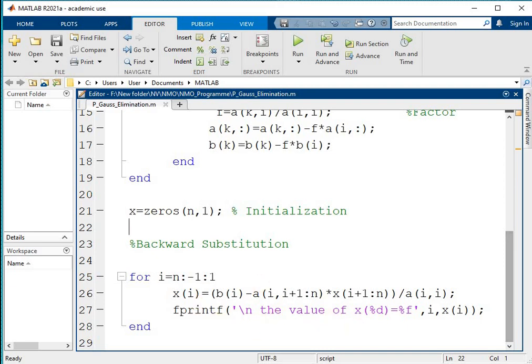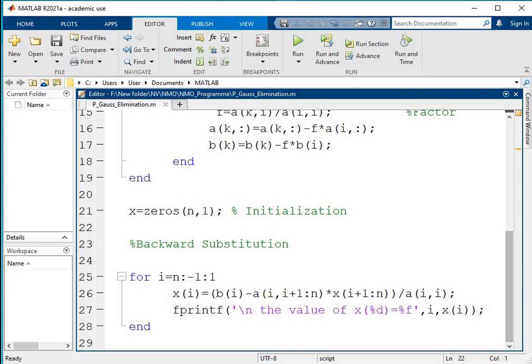So how will these loops work? As we know, first we are calculating the nth value. If our n value is 3, then we are calculating the third value, that is x of 3, and we know that x of 3 is equal to b3 divided by a33. So here b of I is b3 minus a of I comma I plus 1, where I becomes 3 initially, so 3 comma 3 plus 1.